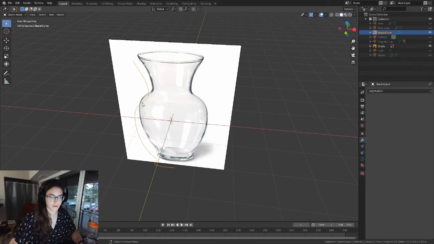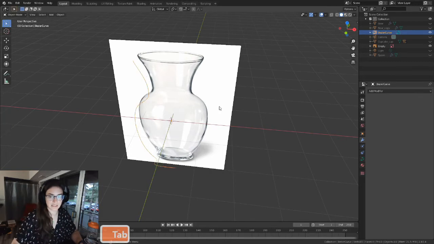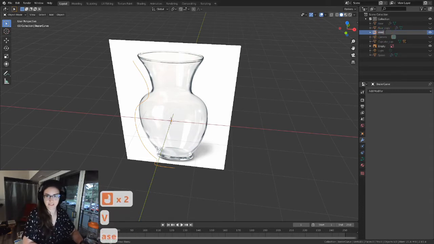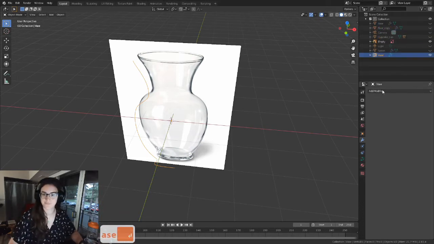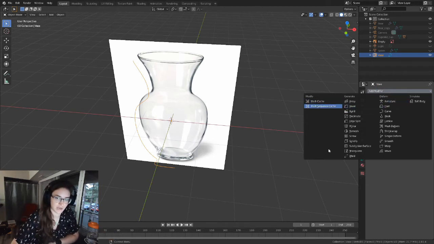So far I've just been using similar tools to poly modeling. So my basic transformations, I've been hitting E to extrude. And now I can again use something similar to poly modeling and add a modifier. So in your wrench section of my vase, name it a vase, okay. You can see I have a lot less modifiers available than with poly modeling, but a lot of these are